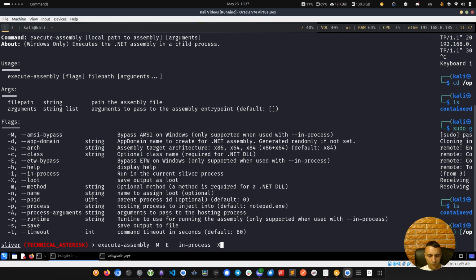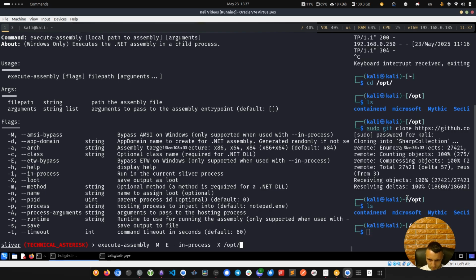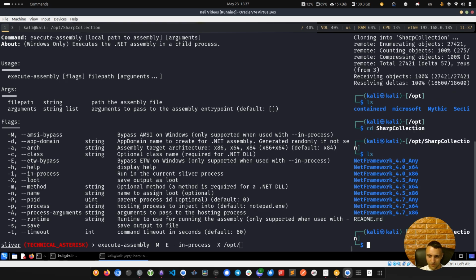And now the file path, which in my case is opt. And I don't have file autocomplete. That's so bad. Come on, Sliver. You have so many good things, but not tab autocomplete? Or maybe I need root for that, because I'm not root. I don't want to be quick to blame Sliver. It's a good framework. Then go to maybe SharpCollection, .NET 4.5